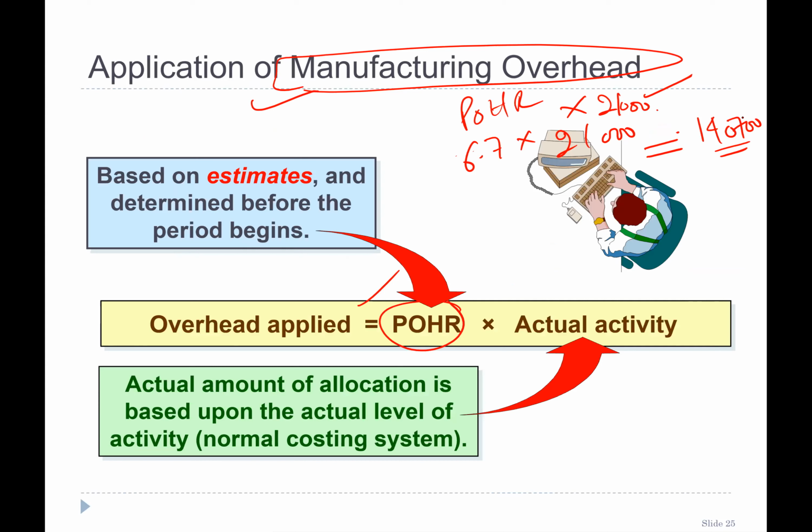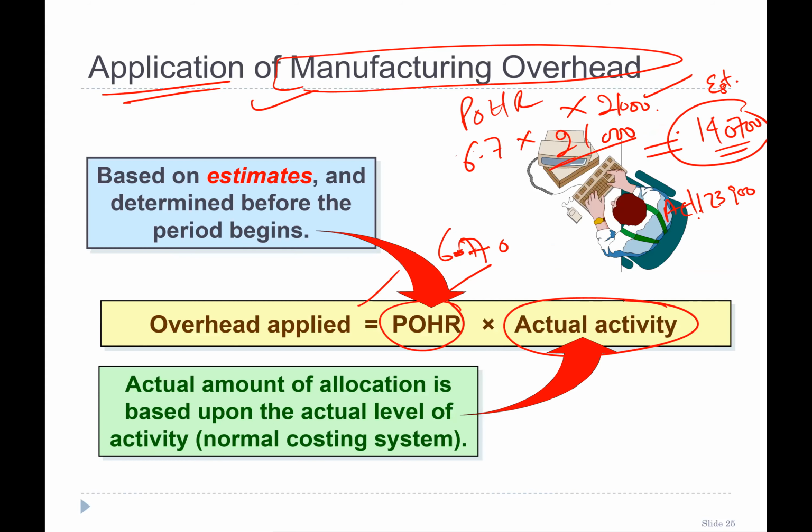Now we can compare this estimated manufacturing overhead with the actual one. Right, Minsu? Because we estimated based on 20,000, what will be our estimation if we had used 21,000 rather than 20,000? And then we can compare, right? Remember, application of manufacturing overhead is, you calculate POHR 6.7, very nice. And now multiply 6.7 with the actual activity to find out the